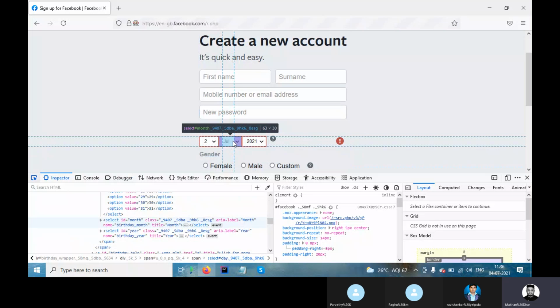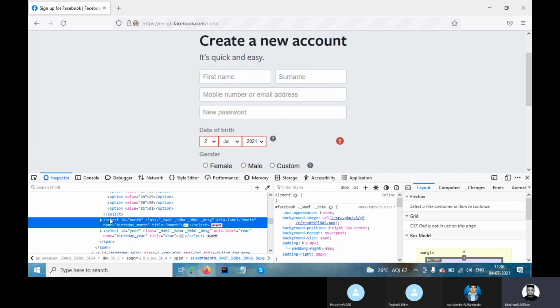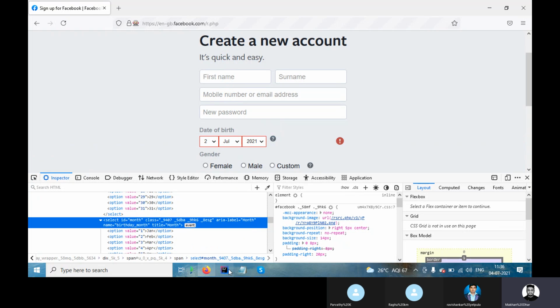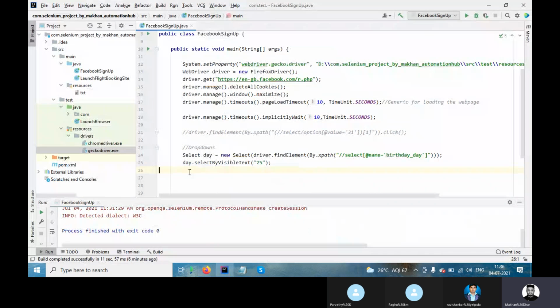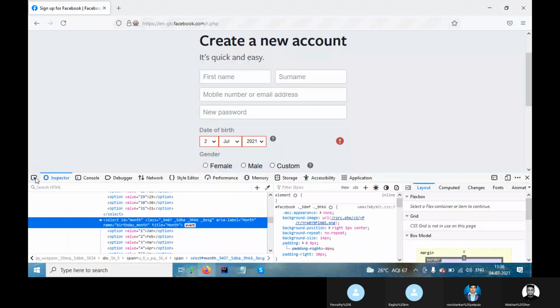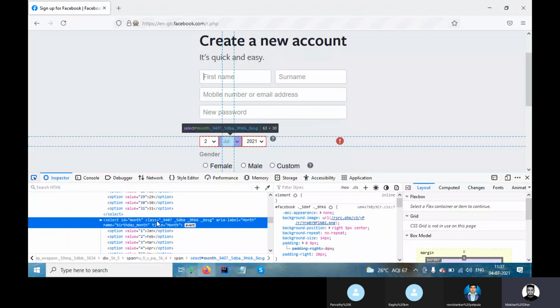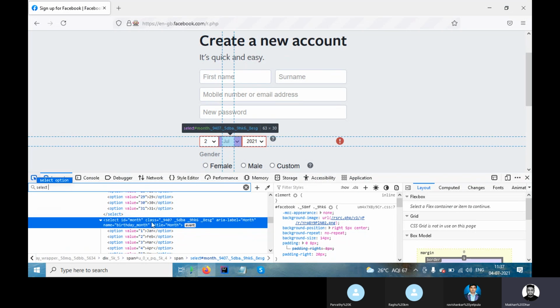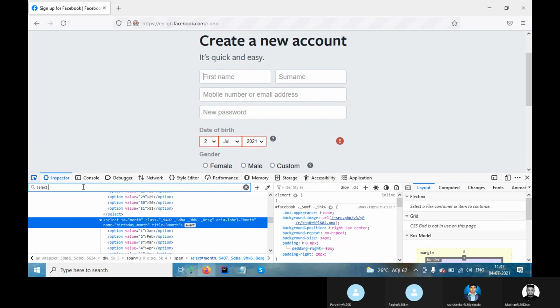Now come to this July. I click on this July and you can see it is coming. The same way, the old approach we can do, but I will use select class here also. This is again a select, and I can take any attribute, but I will go with name. Name equal to, bracket start, bracket close.